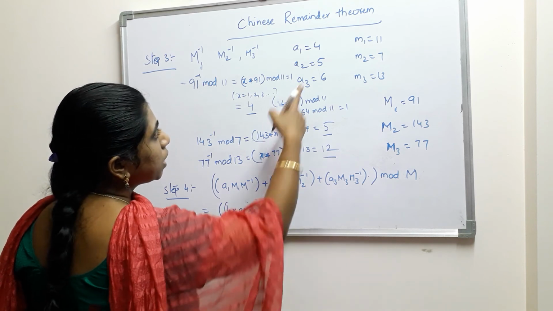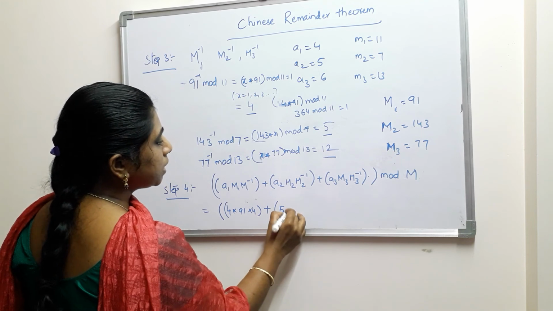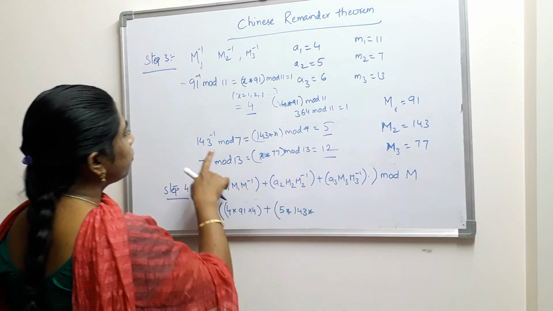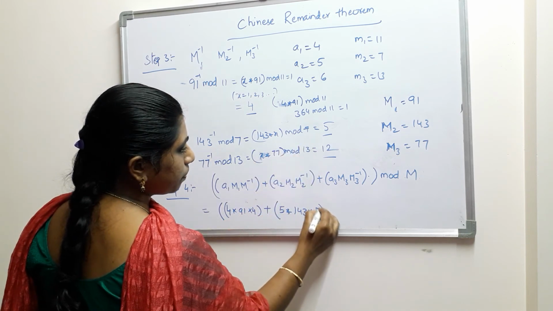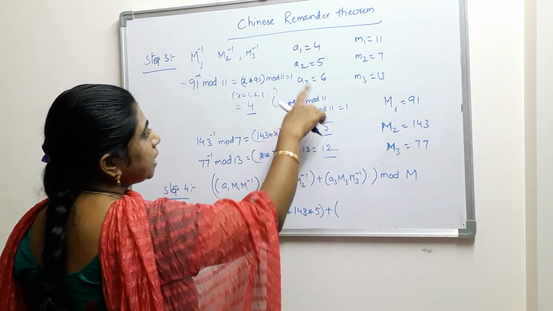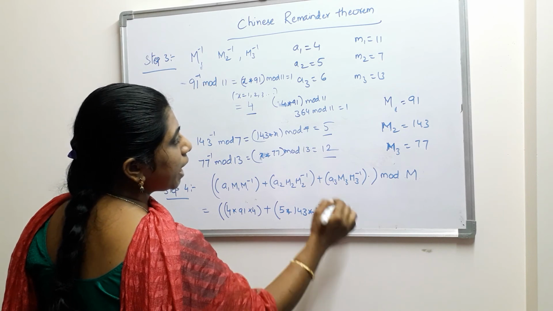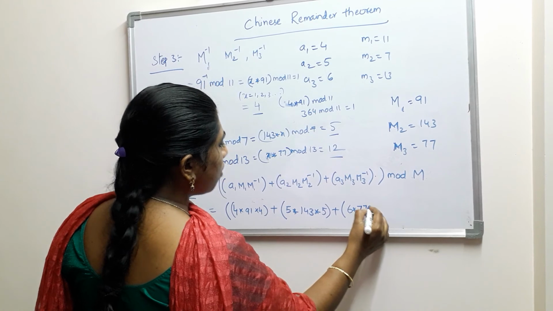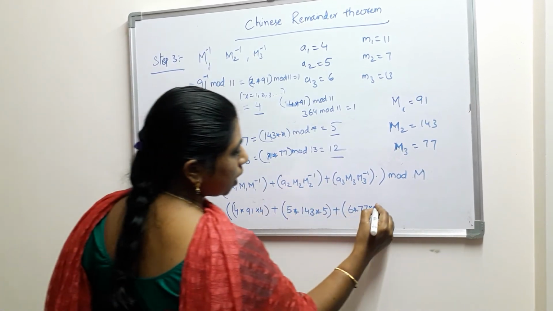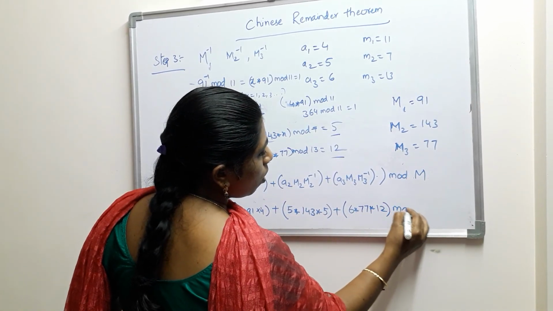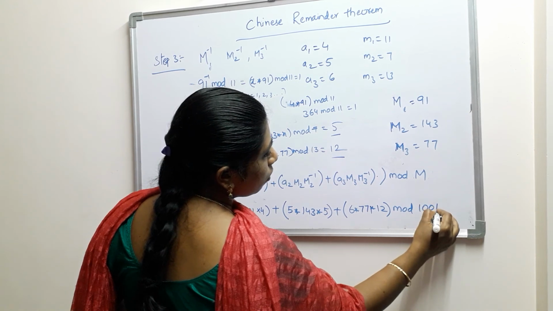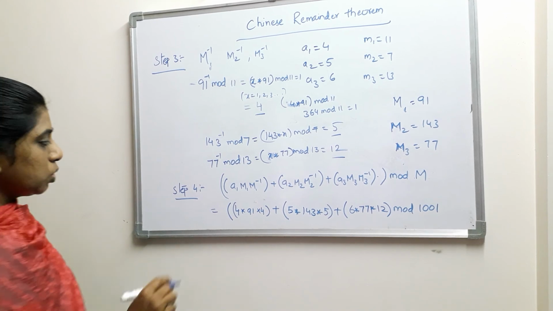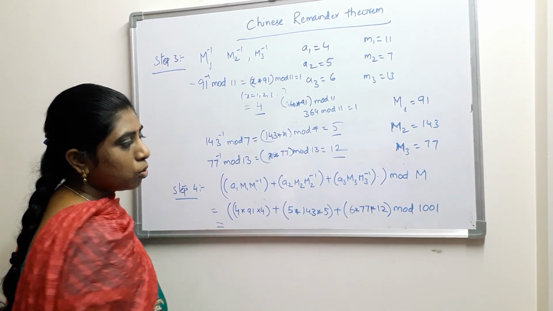Plus A2 value. What is the A2 value? 5. What is the M2 value? 143. And what is the M2 inverse? M2 inverse is 5. And what is the A3 value? 6. M3 value is 77. What is the M3 inverse value? 12 into mod 1001. So our capital M is 1001 value. So once you have got, you will get, once